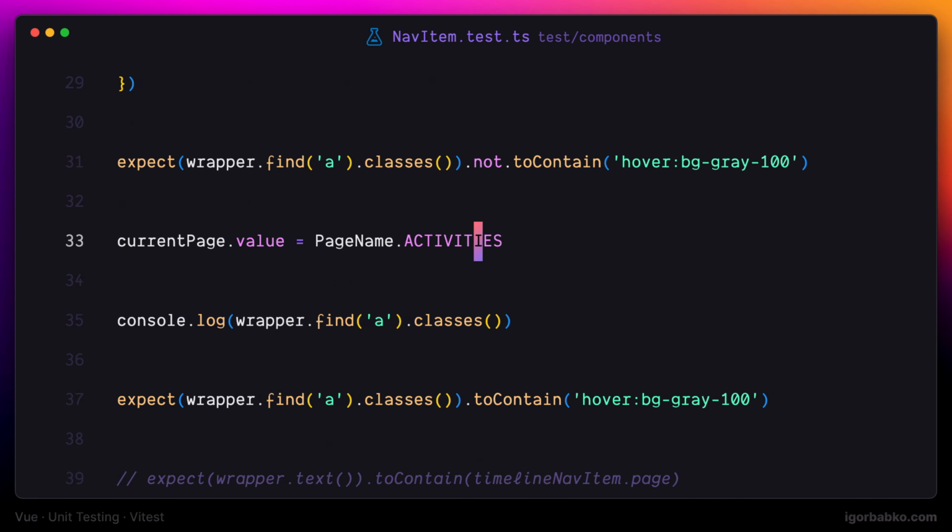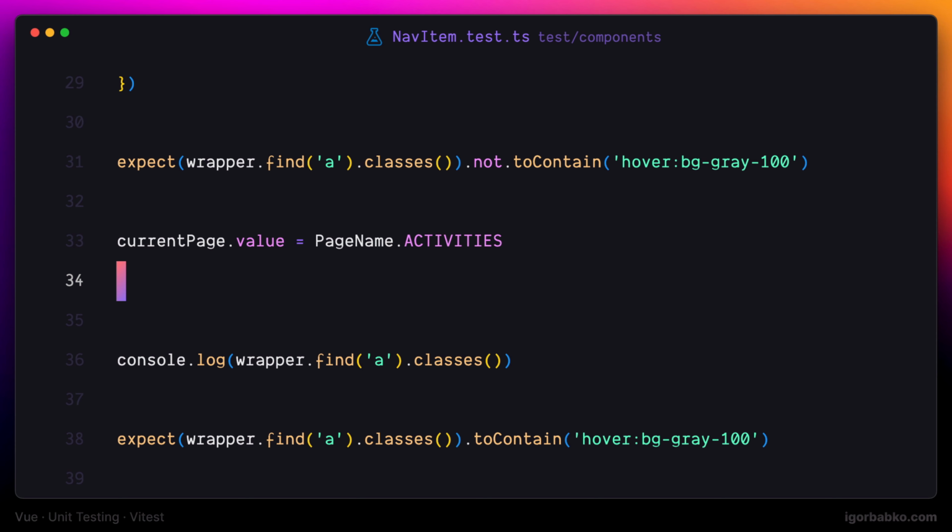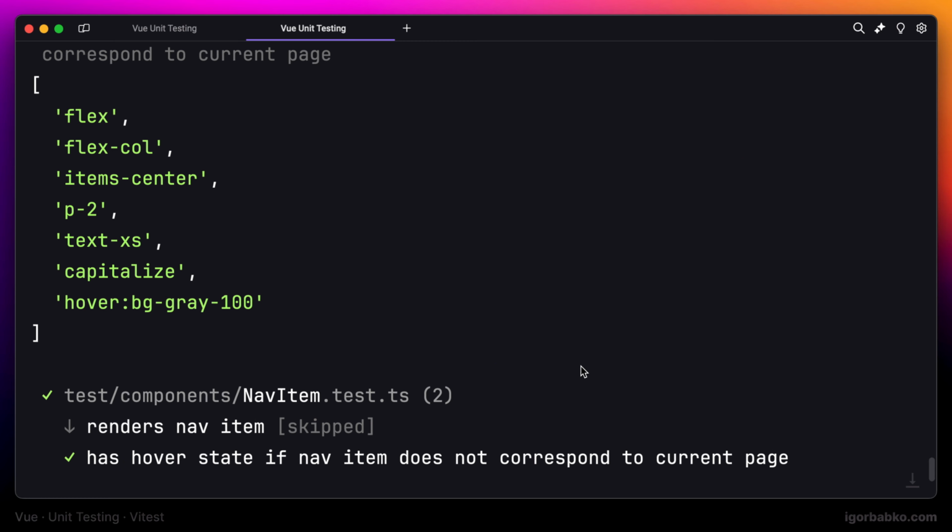To wait until Vue updates the DOM after we modify the current page reactive variable, I'm going to call the flushPromises function with the await keyword, because we have to wait until this operation finishes. And this time indeed we're seeing that our state class has been assigned just like we expect,